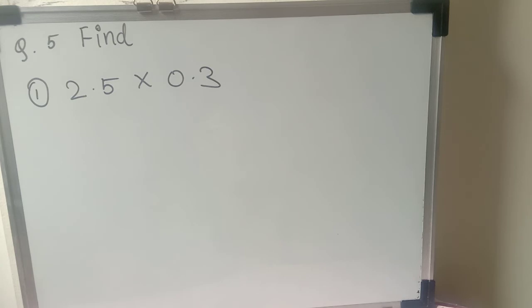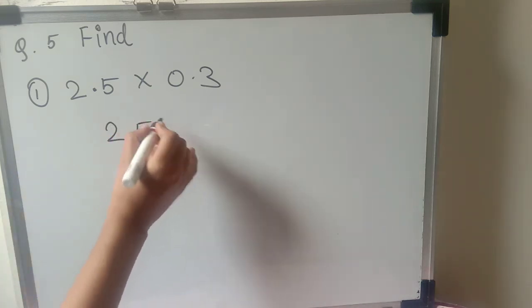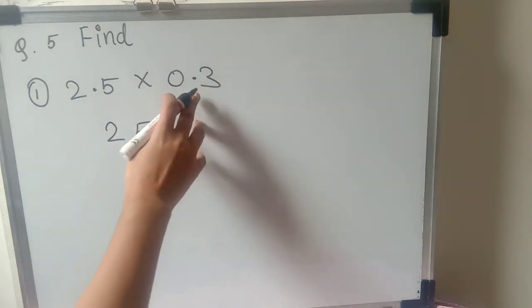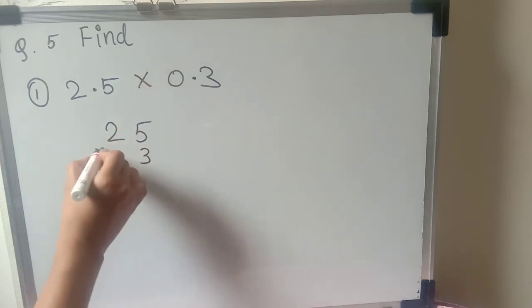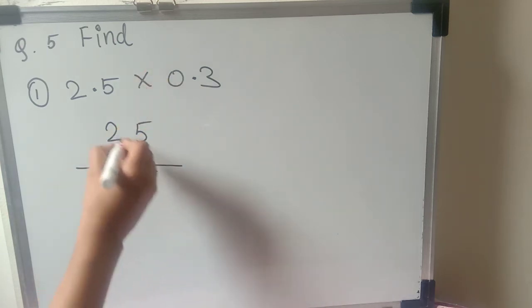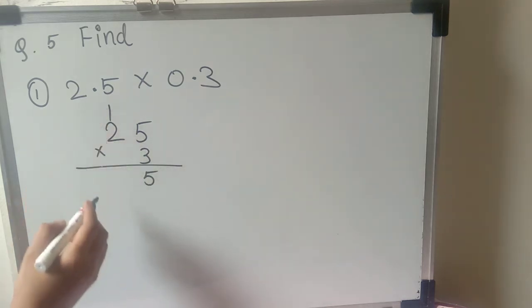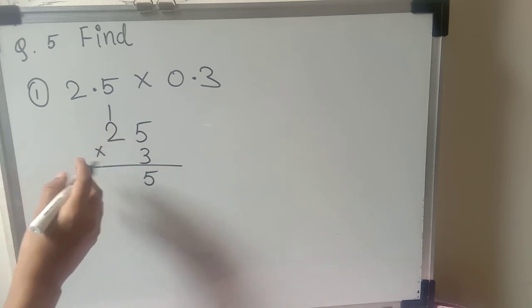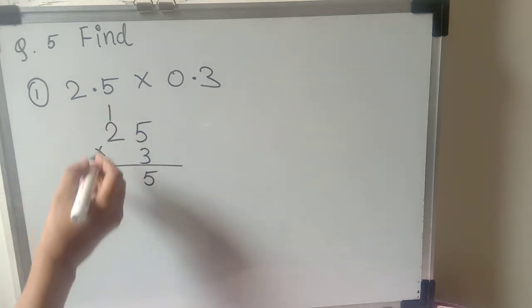Now students, in question number 5, here we have to multiply a decimal number by a decimal number. First example is 2.5 multiplied by 0.3. So as I told you before, you can multiply as a whole number first. 2, 5, okay, 25, and here before the decimal 0 is there, means nothing is there, so there is no need to take 0. You can multiply with the 3. Okay, so 3 5s are 15. Okay, 3 2s are 6, 6 plus 1 is 7.